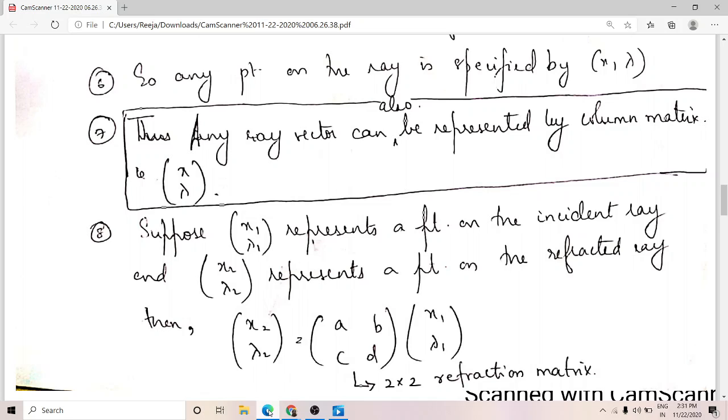Now, how do we represent the result of a translation operation and the result of a refraction operation? Here, the translation operation is represented by a translation matrix and the refraction operation is represented by a refraction matrix. So, in matrix method, how do you represent a refracted ray or a translated ray? There is an incident ray represented by the coordinates or the column matrix x1 lambda 1, and if that ray